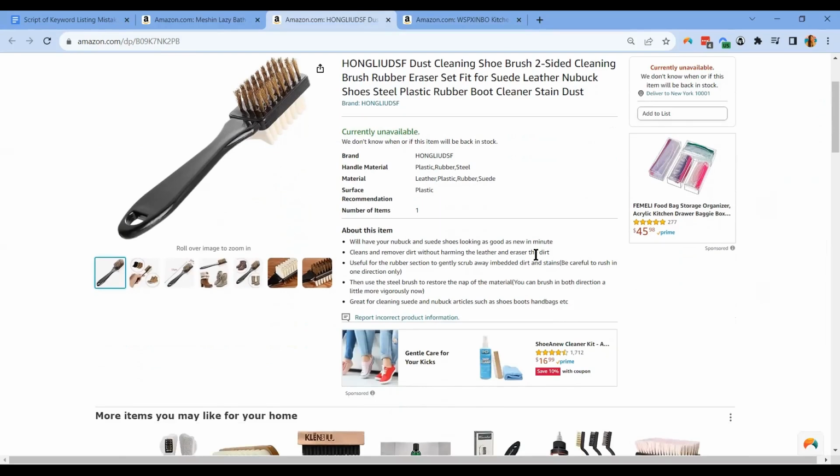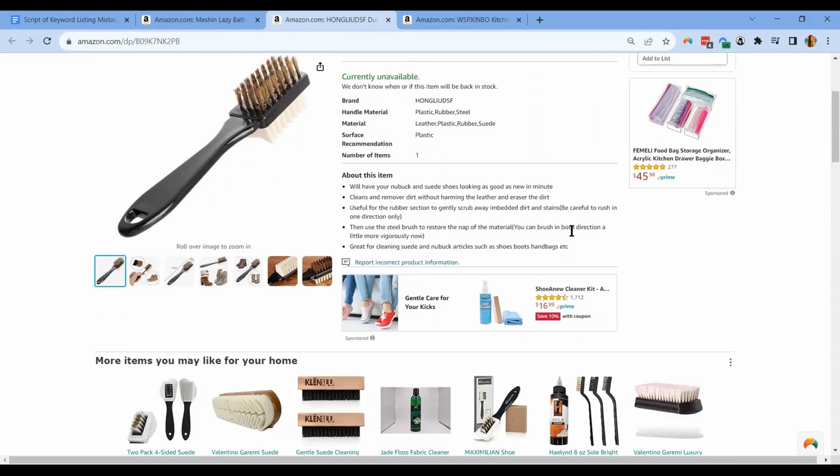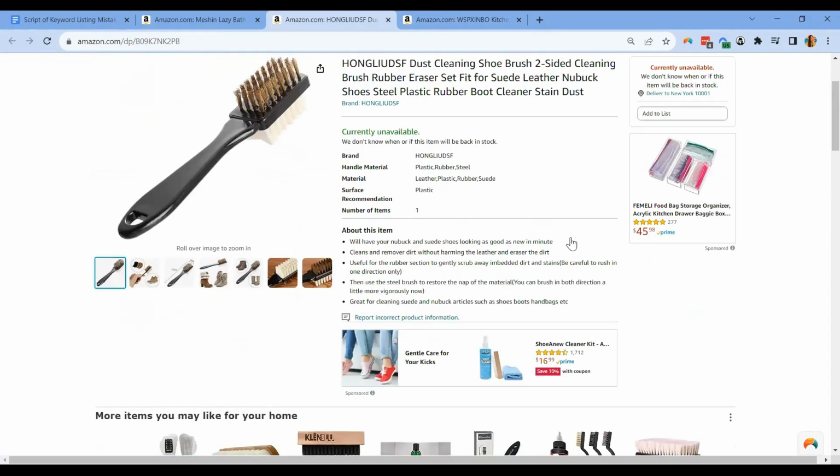And in the product bullet points, you can see here that there aren't any words that will strike you or really attract you to read even more, and it doesn't really show that gaining your customers' attention is paramount to writing a very compelling copy. And so the words that you should put on the first part of your bullet points should capture their attention. Later on we will be showing you how to capture that attention and how to write or highlight those features of your product very well in your product bullet points.